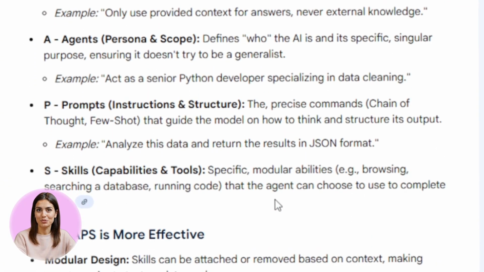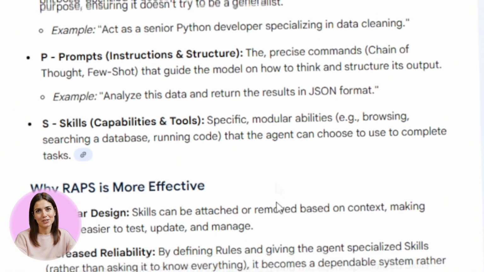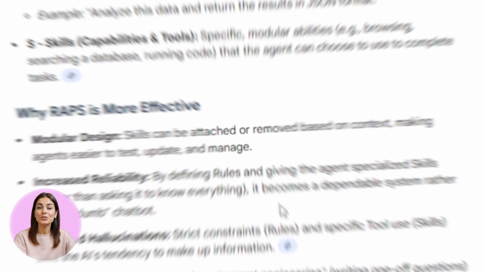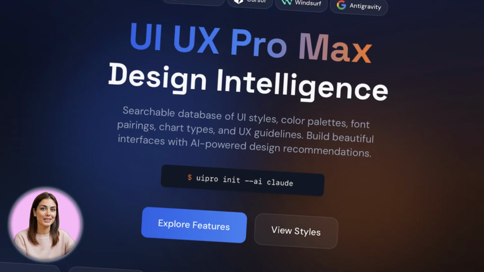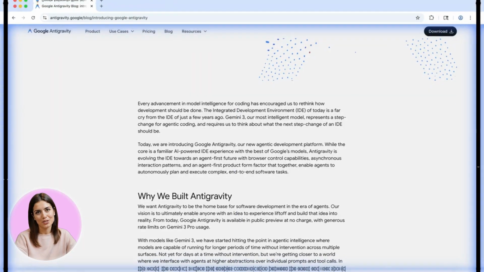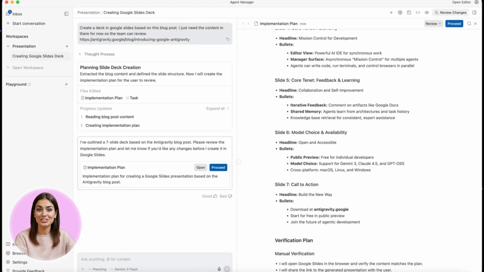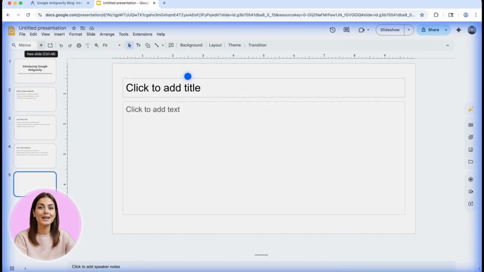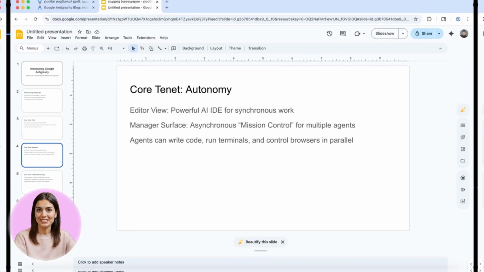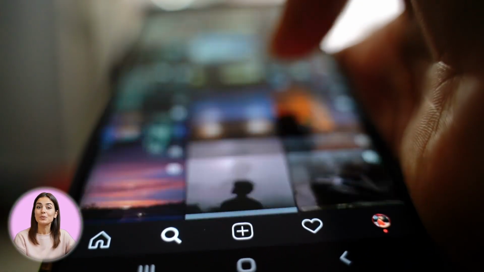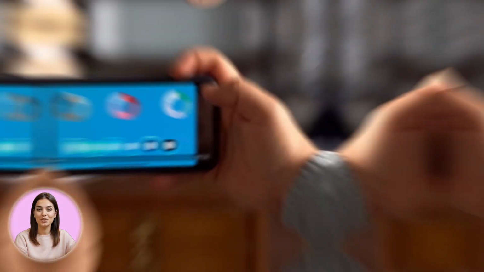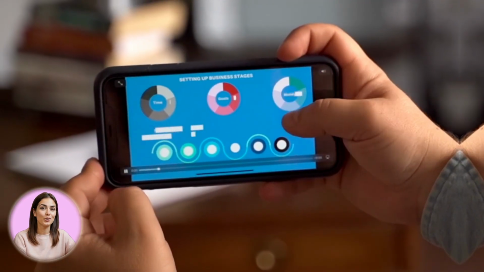Here's something powerful that just became available with the Agent Skills update. There's a skill called UI UX Pro Max that adds design intelligence to Antigravity. It's an open source skill with over 17,000 stars on GitHub. The installation is straightforward. You can use their CLI tool or manually copy the skill files to your Antigravity skills folder. It works across multiple AI coding platforms: Cursor, Windsurf, Claude Code, but the Agent Skills integration in Antigravity makes